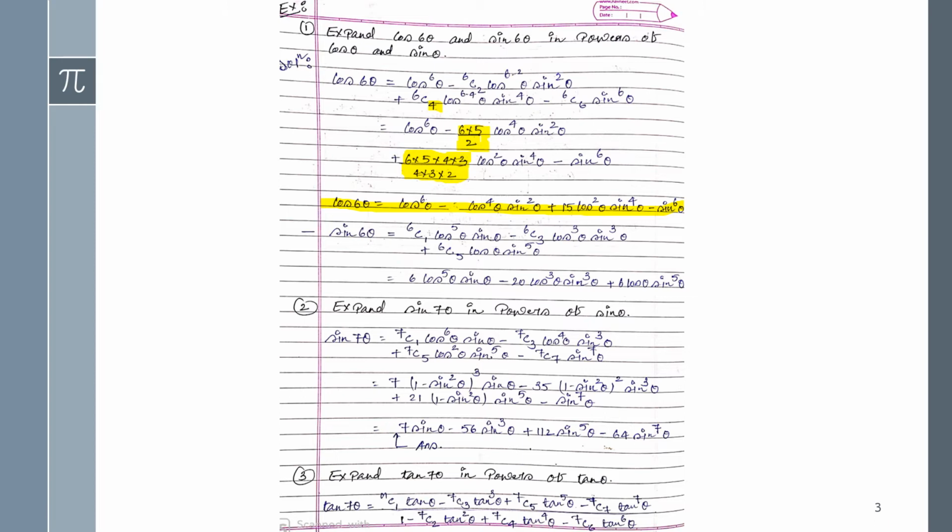So here it will be maximum, that is n minus 1. So cos 5 theta, then here cos 3 theta, then here cos theta, this one, right? And for the sine, one step will increase, so sine theta, then after sine 3 theta, and then after sine 5 theta. Same you have to solve 63 or 65 etc. 61 as per the factorial form, then you will get this one as a final answer.